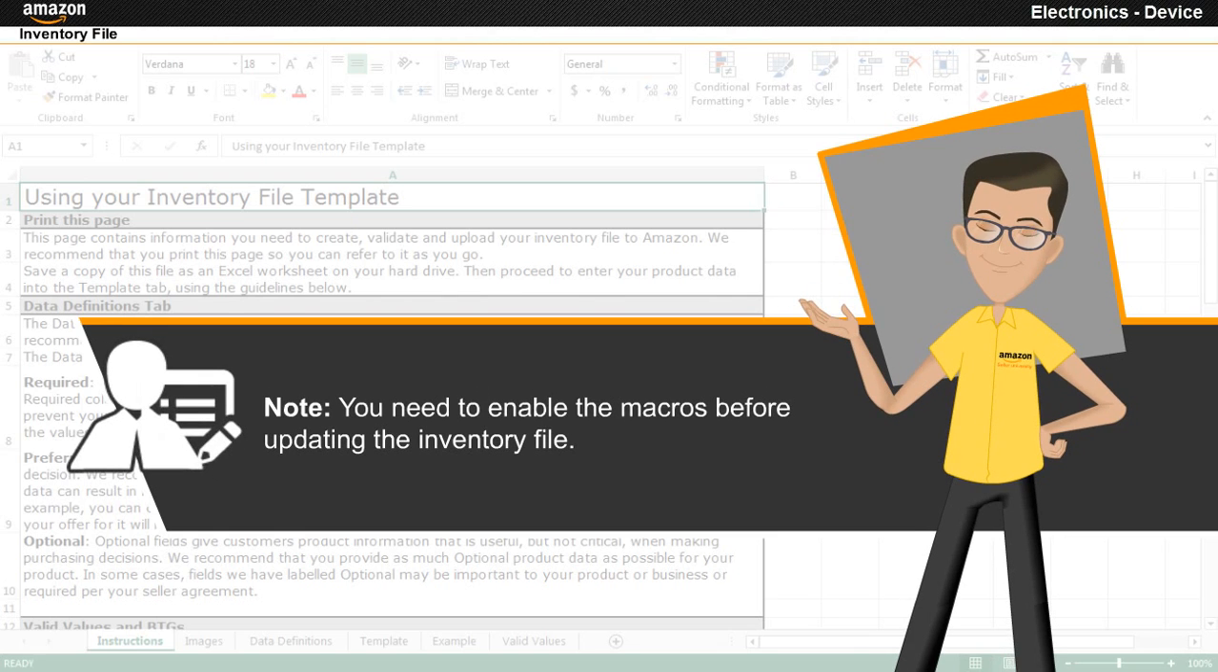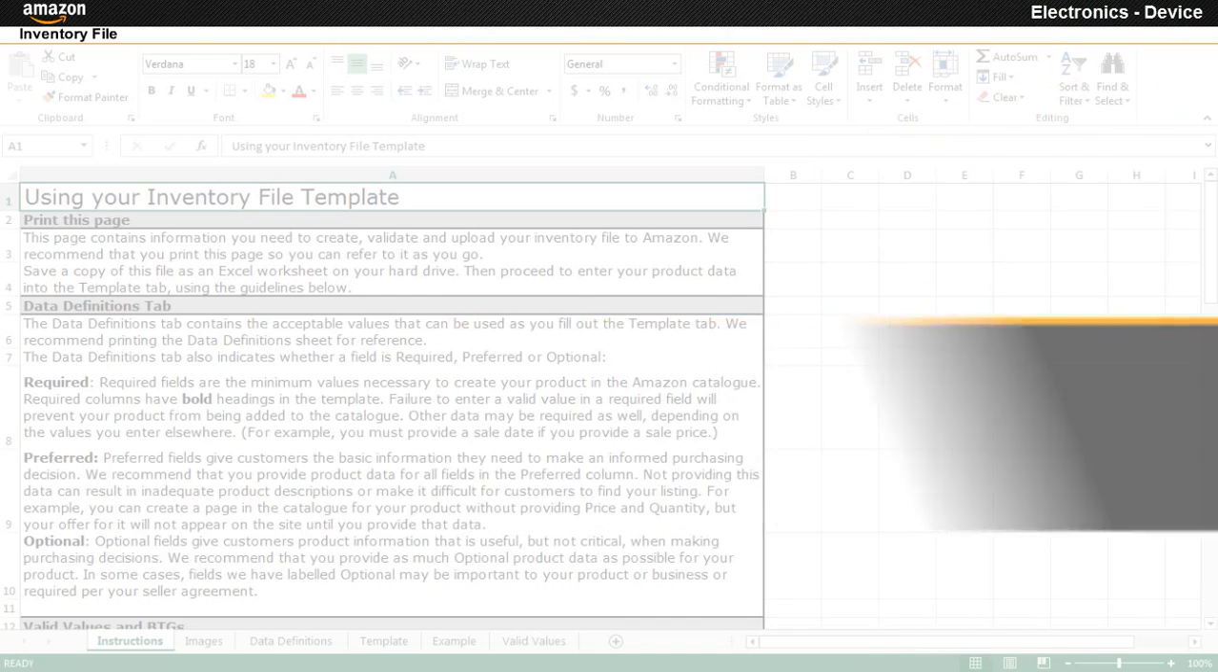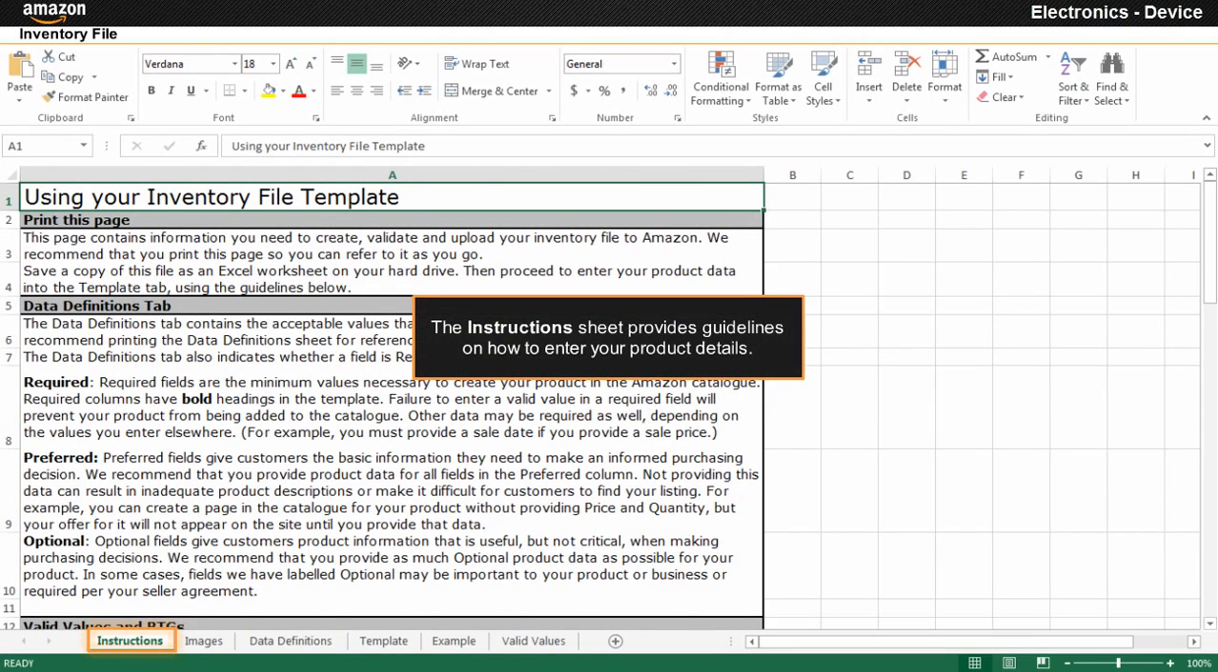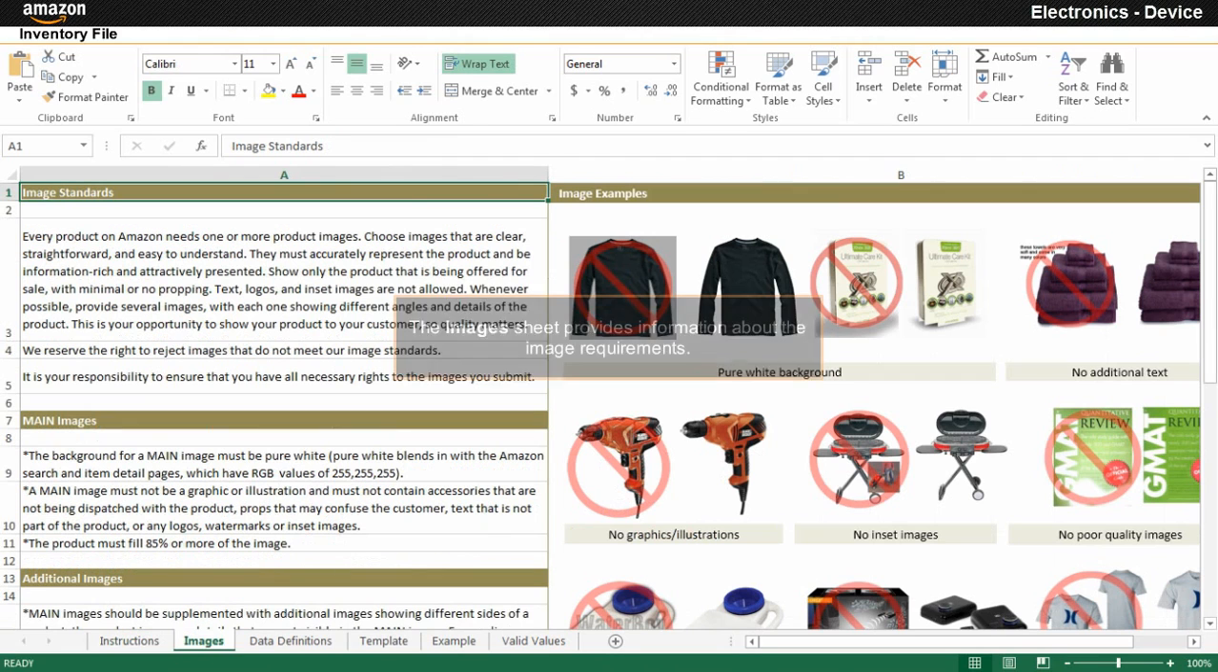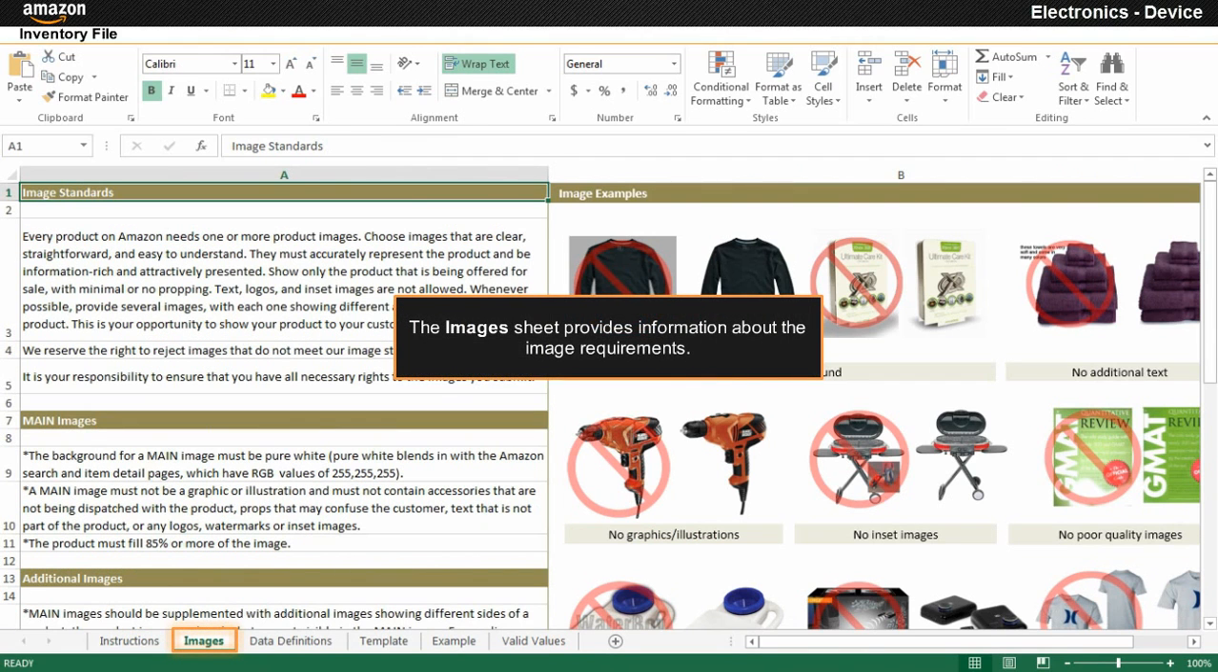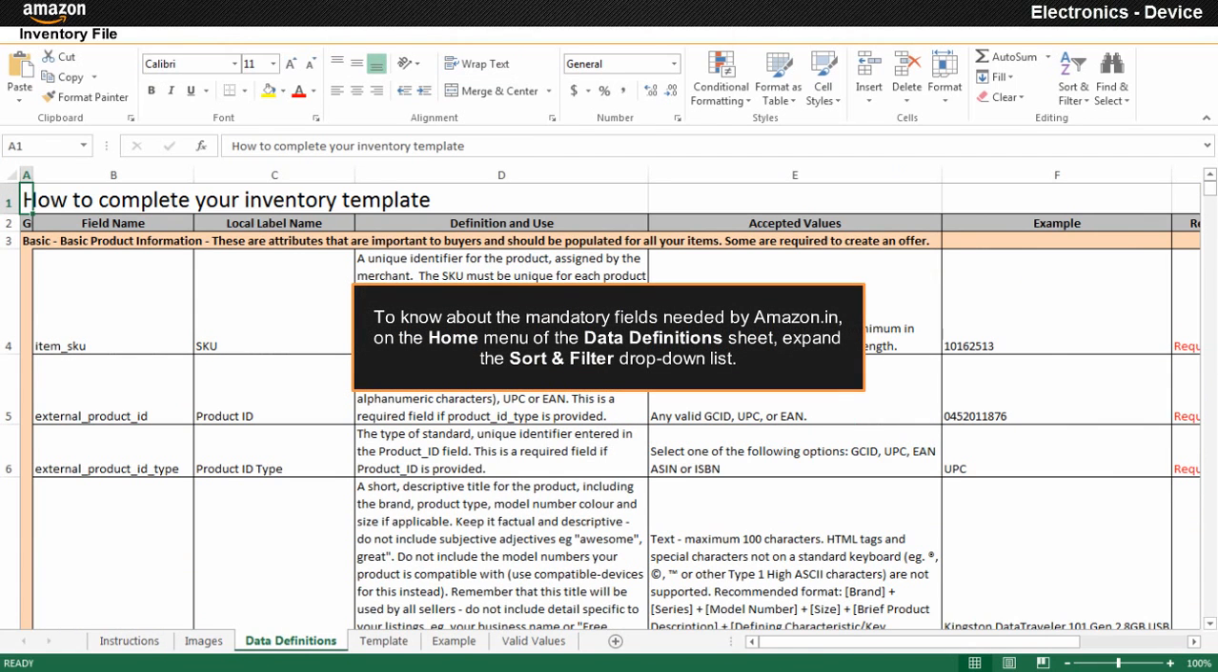Note that you need to enable the macros before updating the inventory file. The instructions sheet is displayed by default when you open the file. You need to refer to the guidelines available on this sheet to enter your product details. The Images sheet provides information about the image requirements you need to keep in mind while uploading product images on the Amazon.in website. To know about the mandatory fields needed by Amazon.in, on the home menu of the Data Definitions